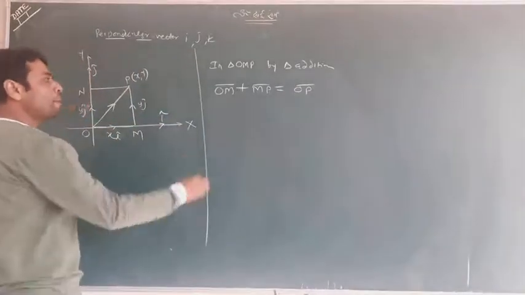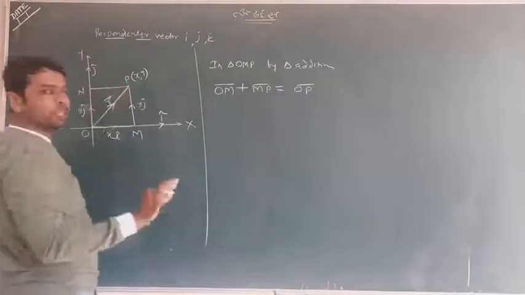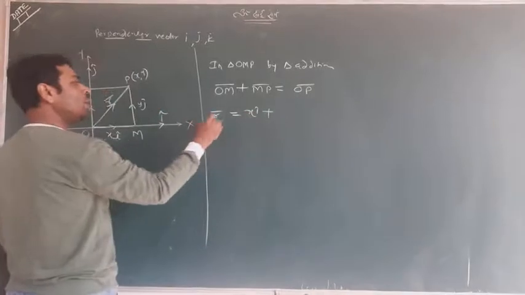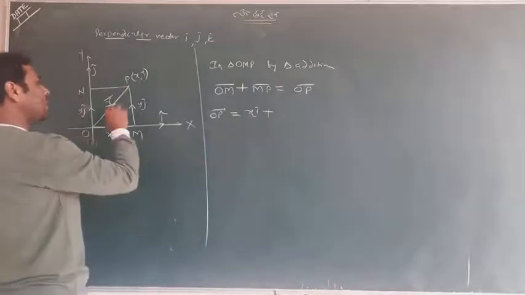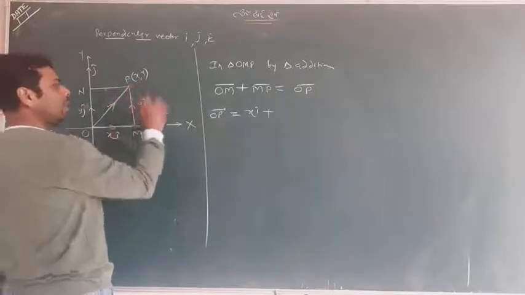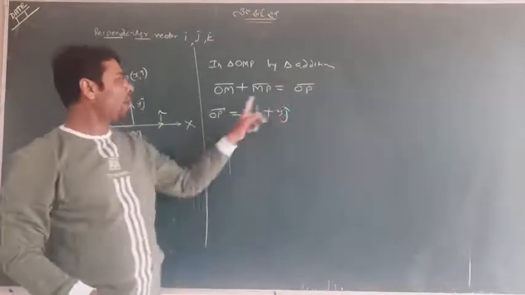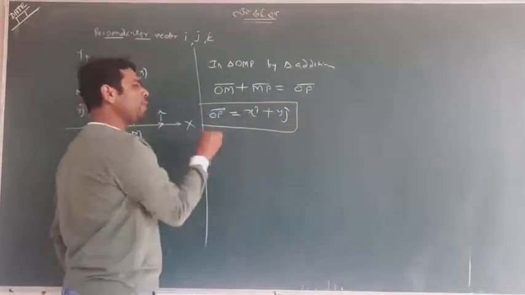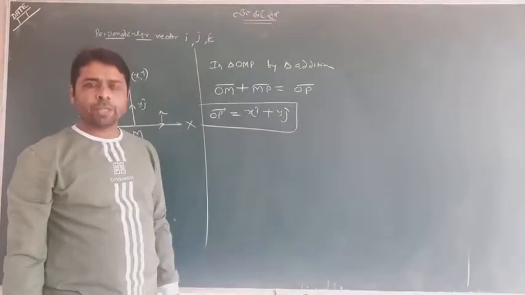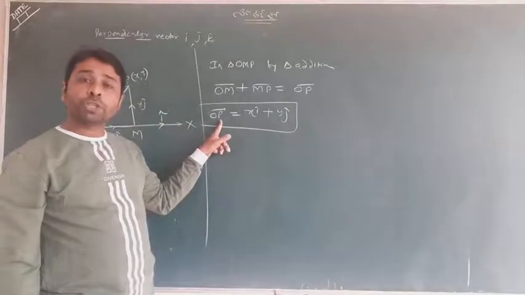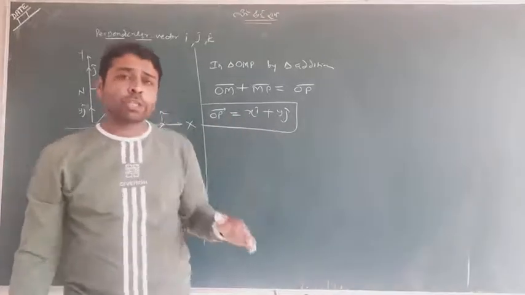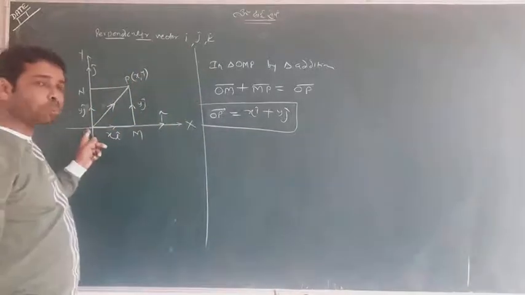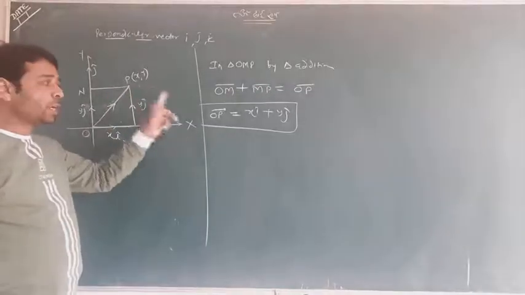Now please put the value of OP. Suppose it is R. So R is equal to OM, which is xi cap, and this is yj cap. Again look, this OP I have written the same: this is xi cap and this is yj cap. What you have got? xi cap plus yj cap is actually the position vector of P. Recall yesterday's knowledge: the position vector of any point is given with respect to the origin point. O is my origin point, P is a point (x, y). So OP is equal to xi cap plus yj cap.